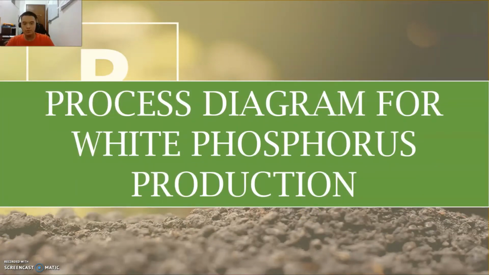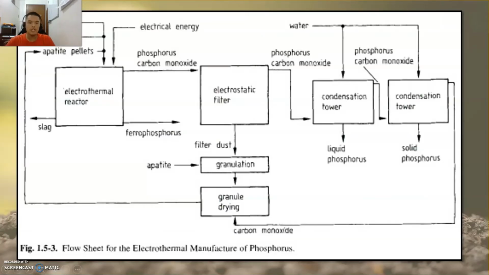In order to produce white phosphorus, we already know the equipment needed, the raw materials, and the governing chemical reactions. Now what we need to know is the procedure, or the steps, on how to produce white phosphorus. So this is the process flow diagram for the production of white phosphorus. It may look scary at first, but it's just telling a story from the raw materials to the desired white